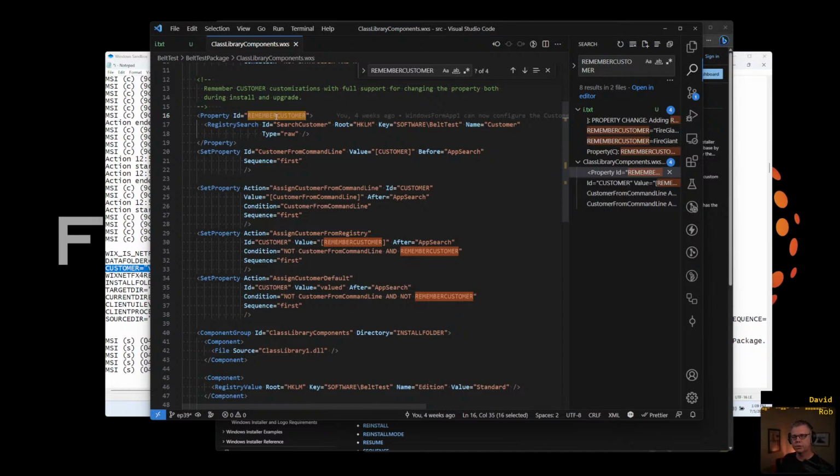That means that remember customer does not need to be secure. It does not have to travel from the client side to the server side. But customer is customized here, and we expect that value to travel over to the server side. So it needs to travel. And that's the kind of thing that I'm hoping we can then do a test with and validate and work our way through all that.